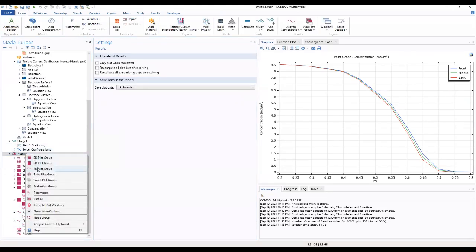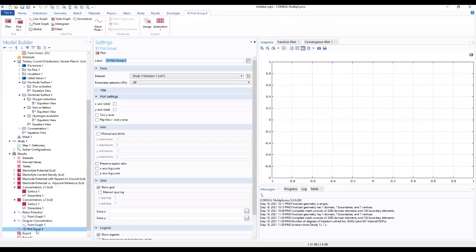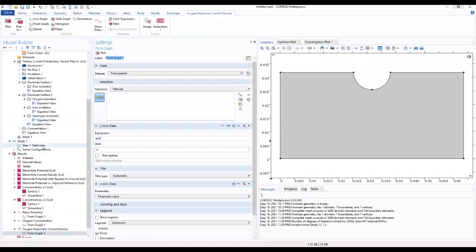We go ahead to add another 1D plot group, which we want to name as the oxygen reduction current density. We add a point graph to this. For our oxygen reduction current density, we add a point graph. The point graph will select this